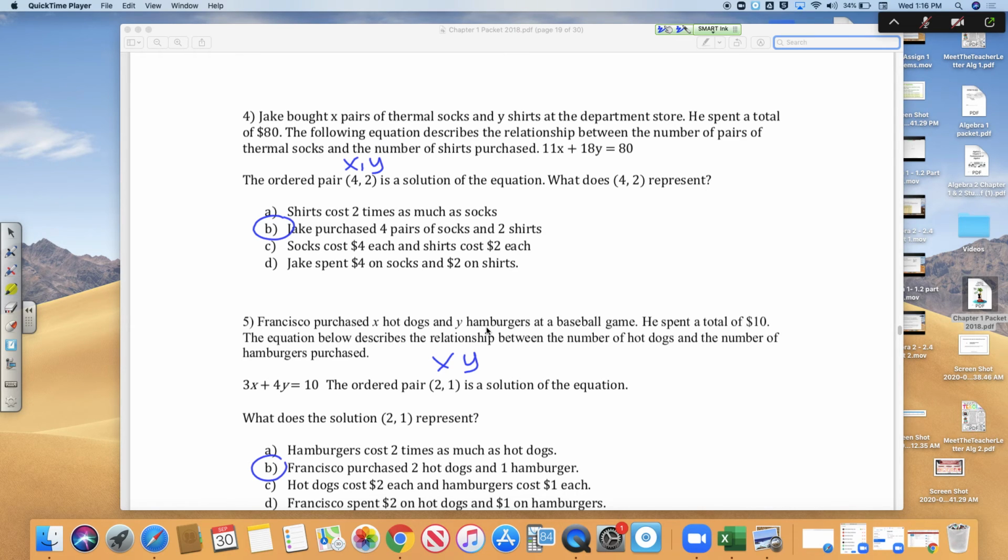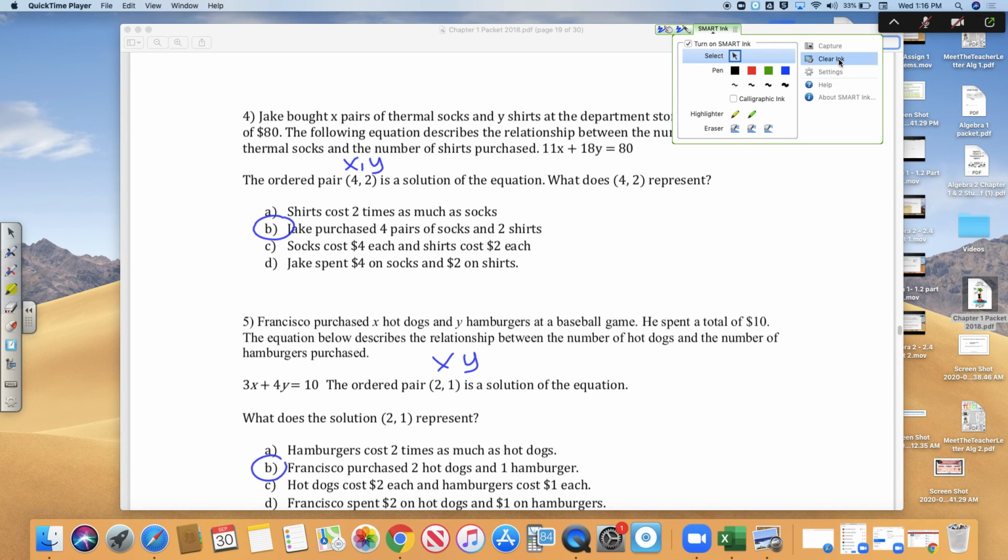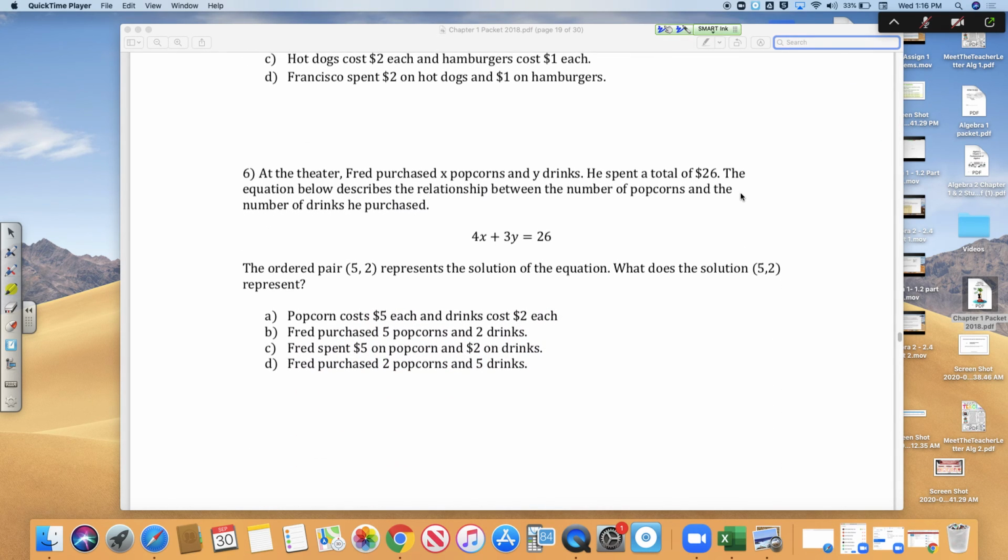And again, the next one, number 6, is very similar to these ones in that we're just looking at the solution and saying what it means. This one is about popcorn, which is X, and drinks, which is Y. So (5, 2) would be 5 for popcorn and 2 for drinks. So it would be 5 popcorns and 2 drinks. That would be